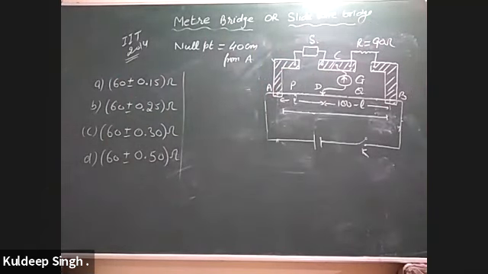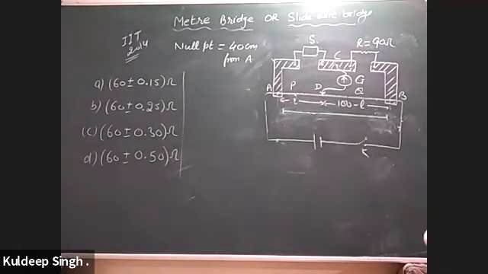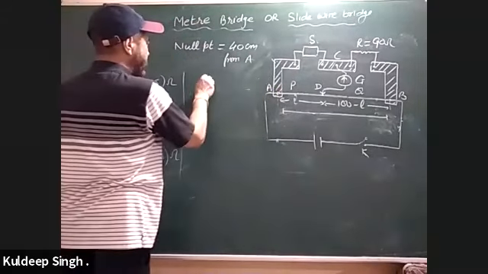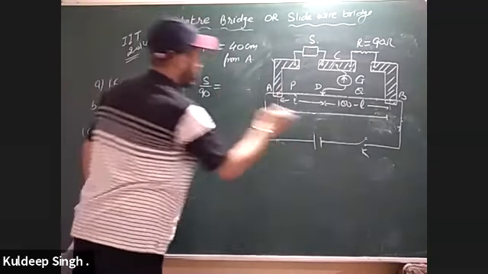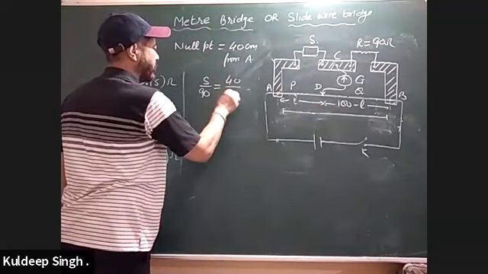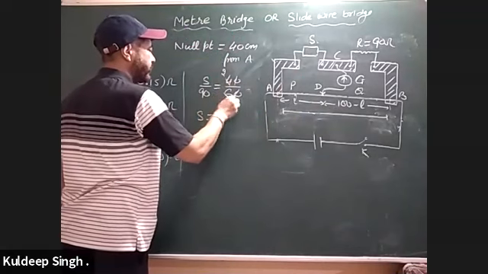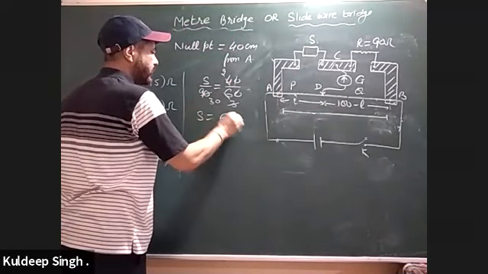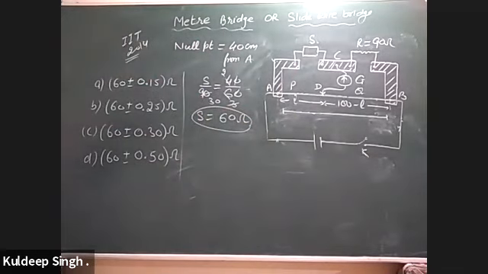So from these options you come to know कि आपसे एब्सोल्यूट एरर पूछी गई है. So how to do it, try on your own. शाबाश, पॉज कर लें वीडियो को. Try yourself. In this case I have S by 90 equal to 40 by 60. ये हो गया, S आ गया मेरे पास 60. Right. So first part is okay.